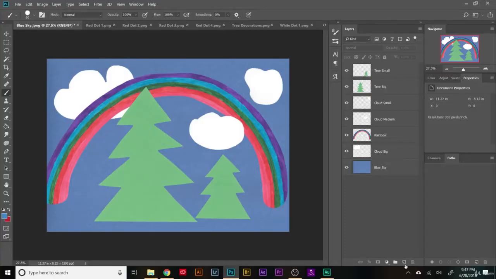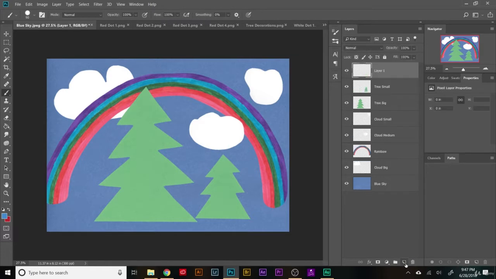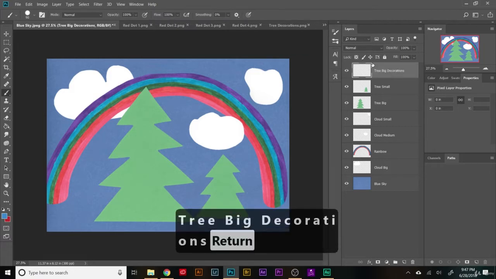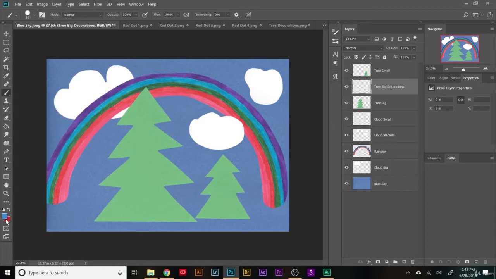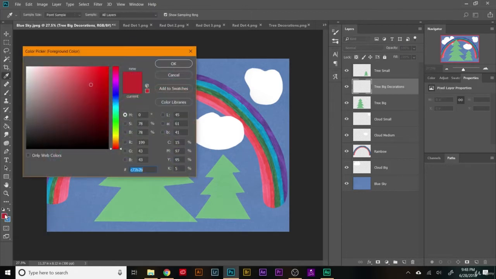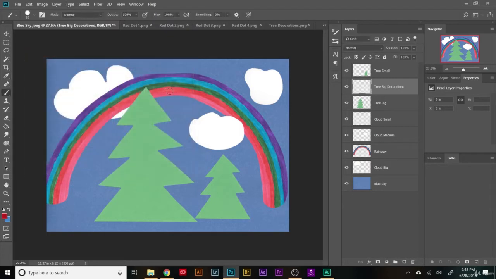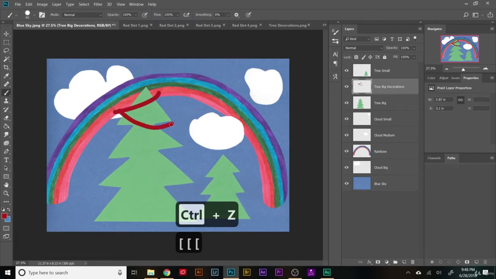So what we're going to do is create a new blank layer by going to this icon, which says Create a New Layer. Let's rename it Tree Big Decorations. And now we're going to drag it so it's just directly above the tree. Now I can go to my brush tool and select a red color, just like that. With my paintbrush tool, I'm just going to paint over this. Here, I'll make it a little smaller by using my bracket keys. Just paint over this,